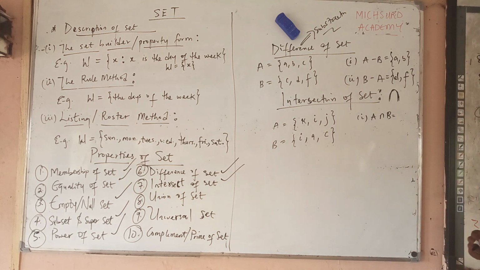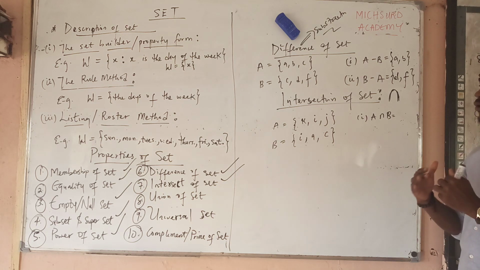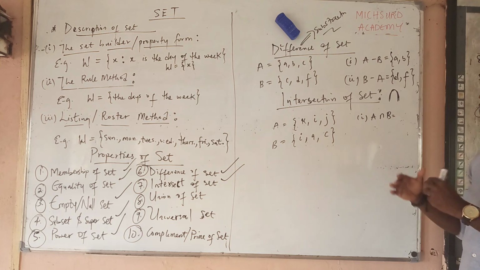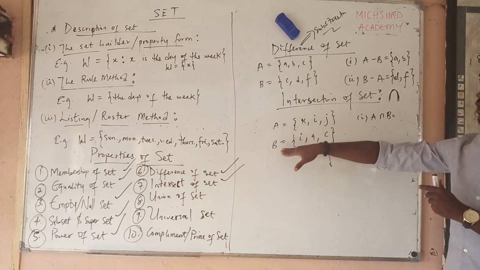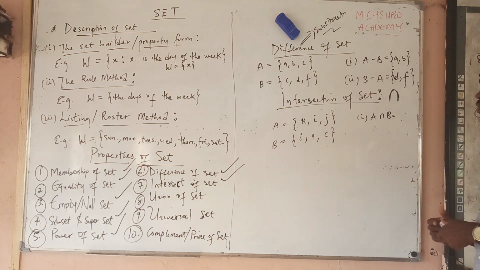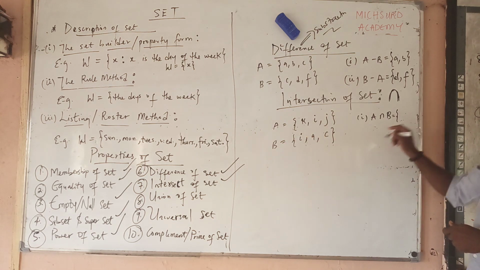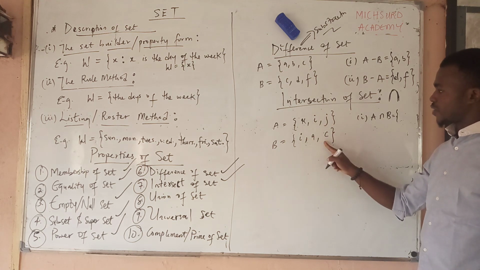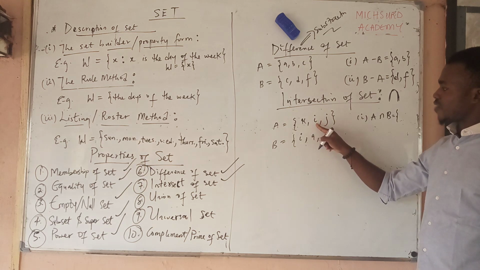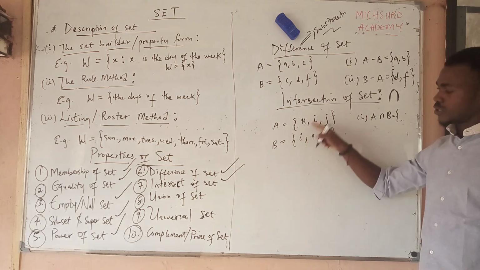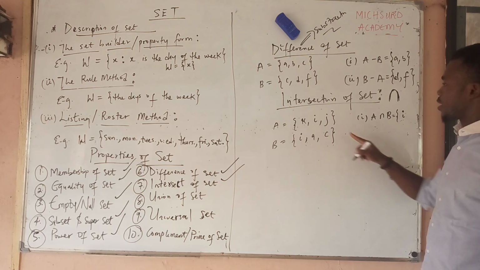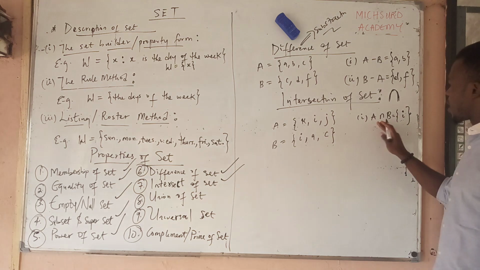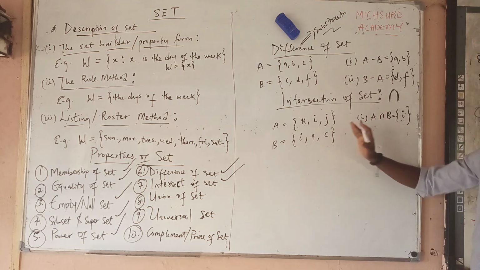A intersect B. So when we talk about intersect, what comes to your mind? Common. Those elements that are common in A, that are also common in B, become the intersect. We have K here, we don't have K here, so we don't pick it. We have I here, and we have I here. They are common, so we pick I. We have J here, and we don't have J here, so we don't want to pick it. So what we have is just A intersect B is equal to